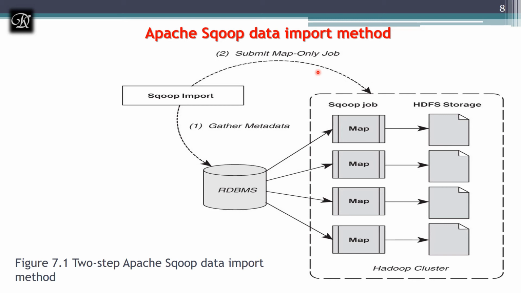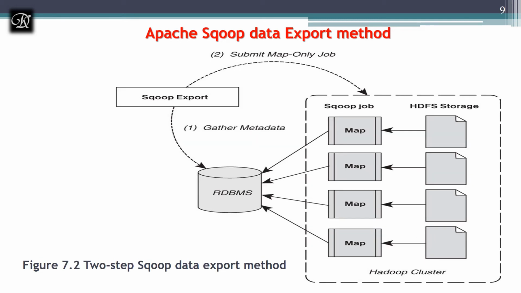Now, in this Sqoop, once after the data is gathered, it's going to divide the data into splits, and those splits will go and sit in the map. The complete data will not sit in one HDFS. It will be replicated. As I told, if there is something wrong, backup and recovery should be handled. For that, it's going to do this task.